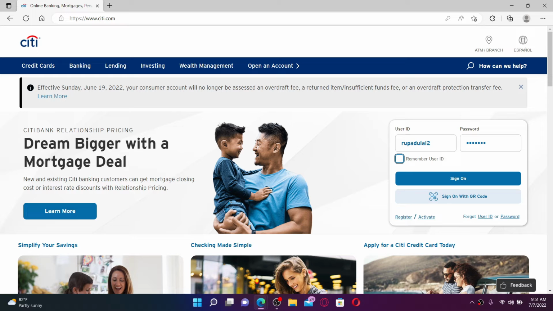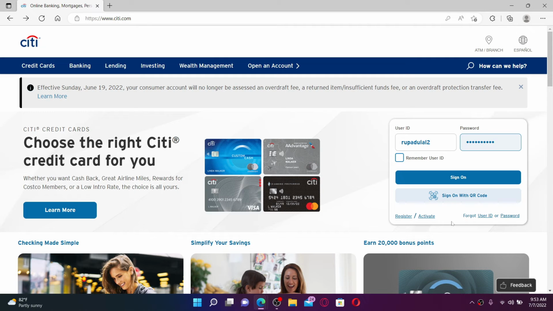In case you don't remember your user ID or your password, click on the Forgot User ID or Password link and follow the instructions in order to reset your password or look for your user ID. If you've not enrolled into online banking yet for Citibank, click the Register link and follow the instructions. If you'd like to activate your credit card, you can click on the Activate link at the bottom right next to Register. Once you've entered all of your information and you'd like to log in, click the Sign On button and